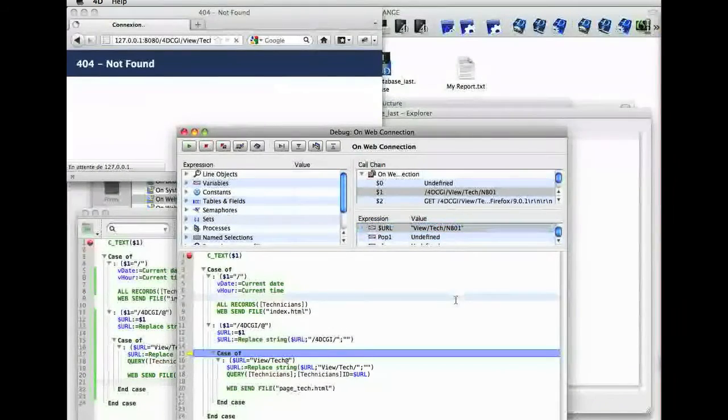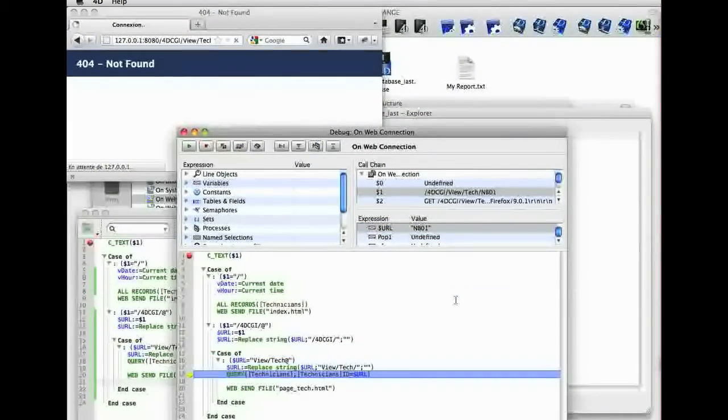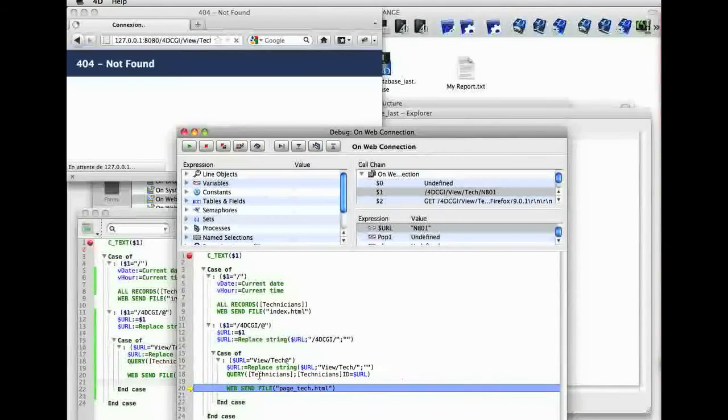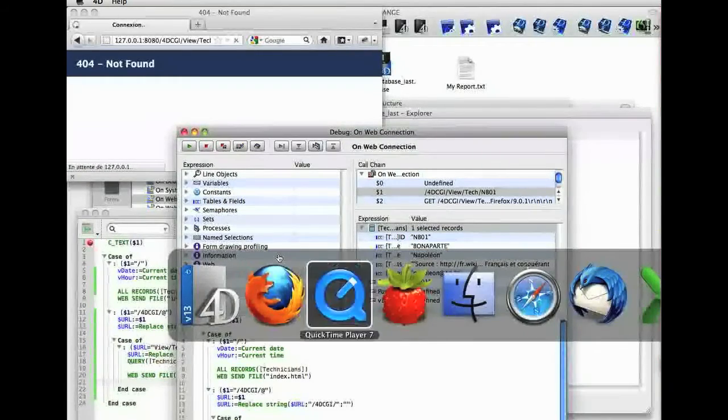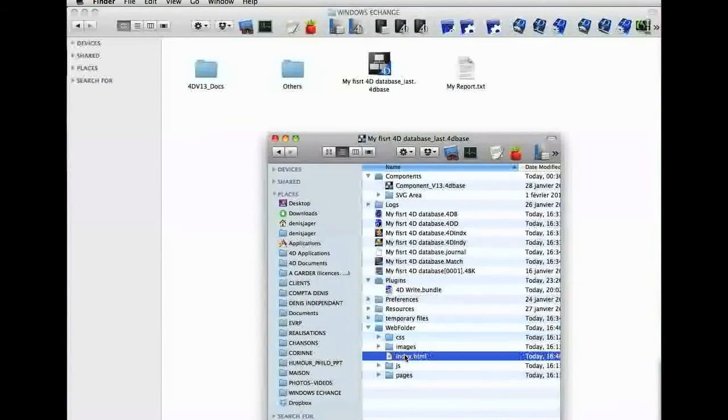And when we proceed, we're going to replace the 4dcgi in this URL variable. Then finally display tech. And find the technician that interests us in the technician table. Next, we're going to send this page tech.html that we'll create beforehand. We're going to duplicate the index page, page tech.html,